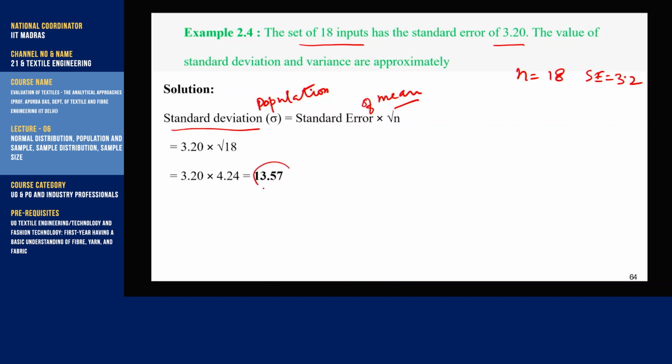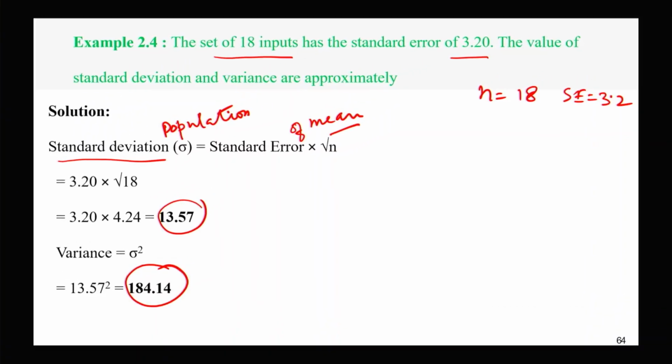and this is the value. Here we are getting the standard deviation of population as 13.59, and variance is 184.14. Now, suppose we want to calculate the standard error of standard deviation,